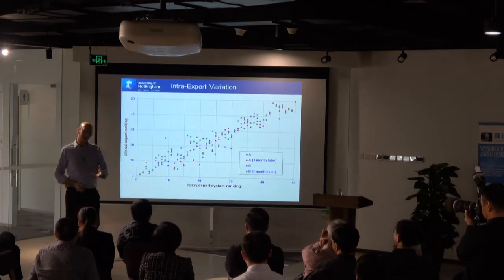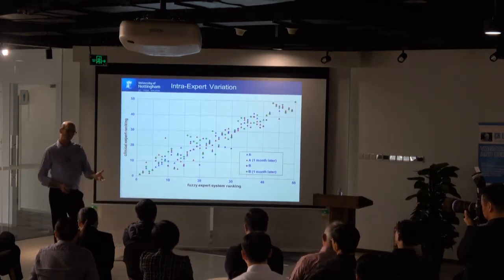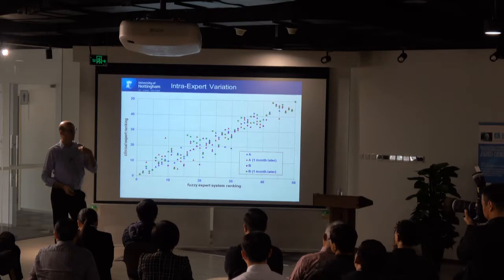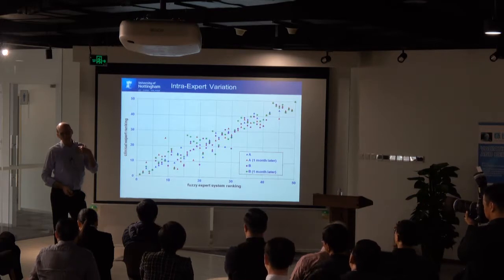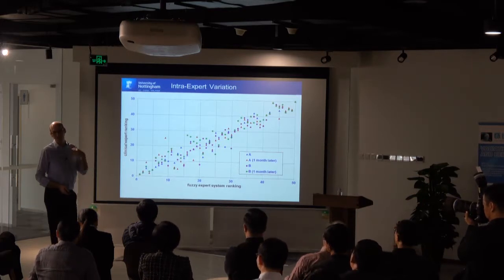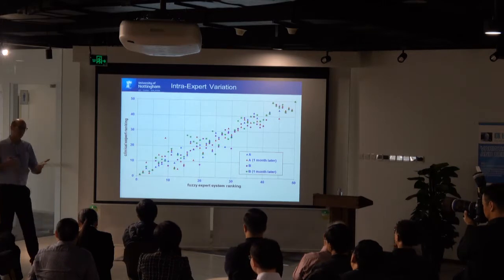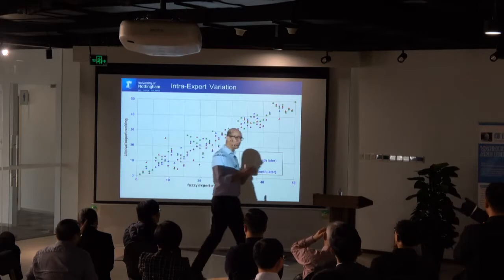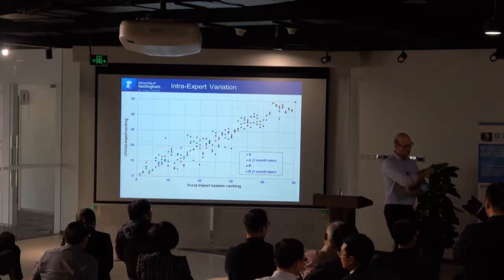If you give humans a difficult decision problem, not only are there differences between people, but I disagree with myself. An expert is not a perfect decision maker. We could say they make mistakes. I don't know, again, we were just talking earlier, there's a slight difference between mistakes and a slight difference in opinion.